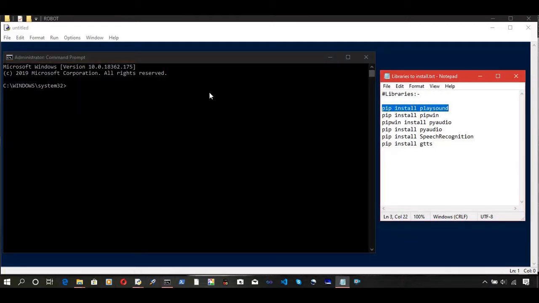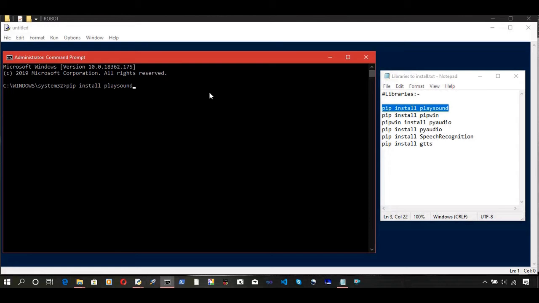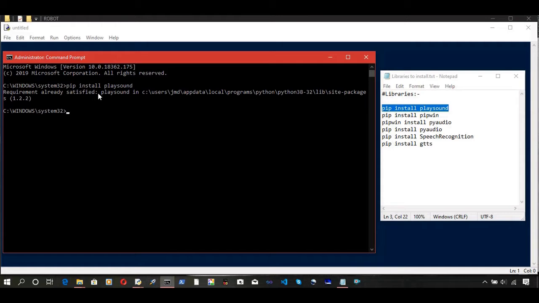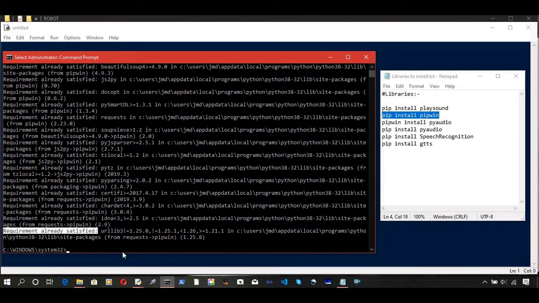Pip install playsound. So as you can see, this library is already installed in my system, but you have to install all these libraries. Requirement already satisfied, as you can see. Let me just finish this very fast.